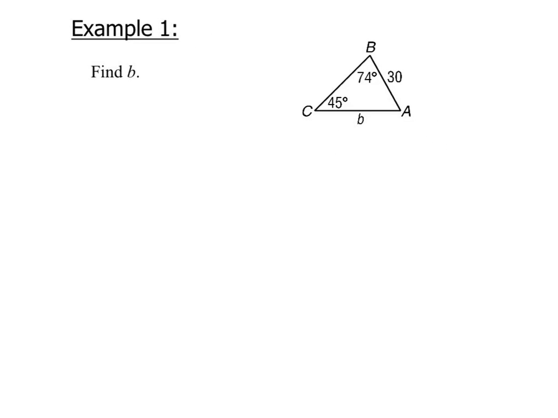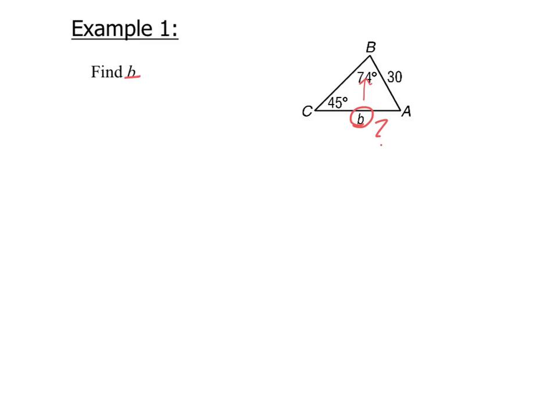I'm going to move that a little bit so I have more room to write. So let's look at what we're asked to find and what we are given. We're asked to find B. So this is our unknown, okay? And now we want to look at what we're given before we set up our proportions, because we want to make sure our proportions have all of our given information in it. Well, notice we're given